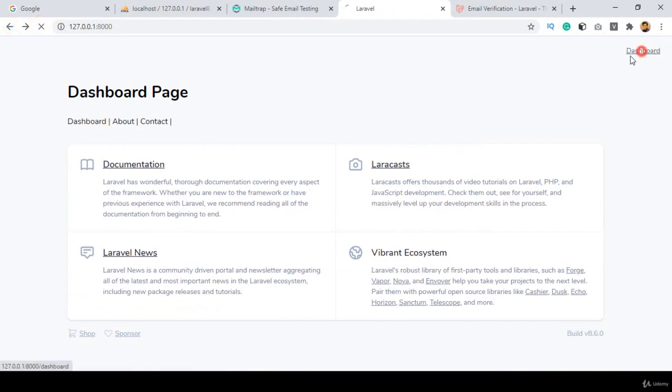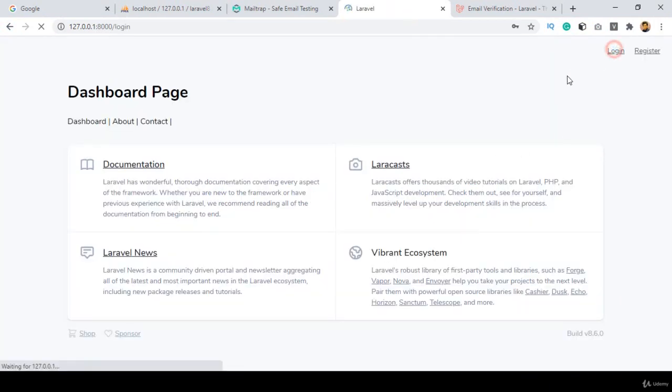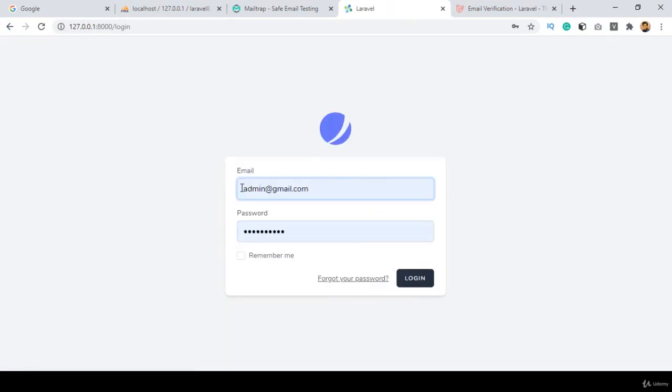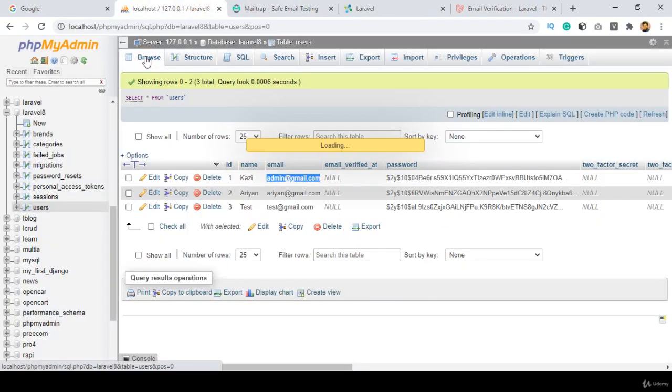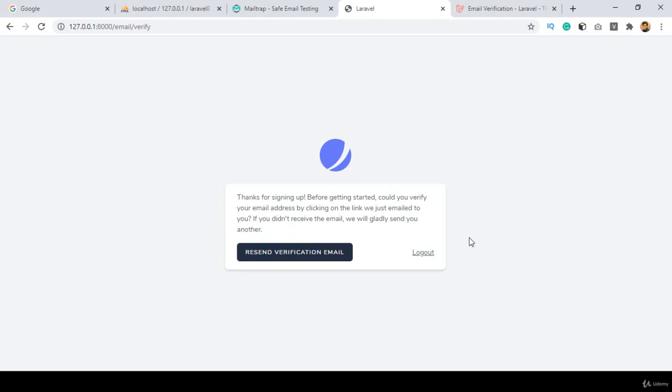Right now I'm already logged in, so here you can see, friend, it's displayed. Like I showed you, click logout and log in again. Now if you put your appropriate email address and the password and refresh it, you can see it's not verified. Put in your email and the password udemy12345, and click login. Yes, you can see, friend, now it's asking you: